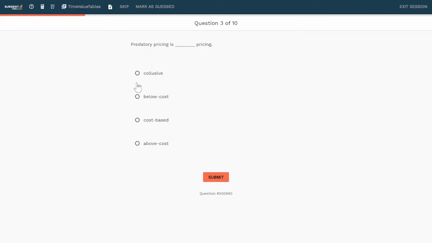So we're just gonna say collusive, but this really isn't based in anything. I have no clue what the answer is. So instead of clicking submit, what I want you to do is mark it as guessed. Now, if you were 70 to 80% sure, not 100%, but you're 70 to 80% sure, just go ahead and answer that like normal. But if you're just taking a wild guess and you have no clue, go ahead and